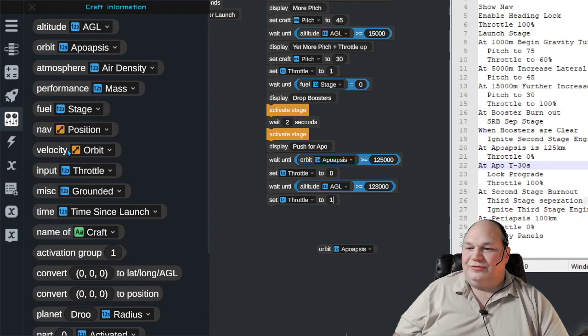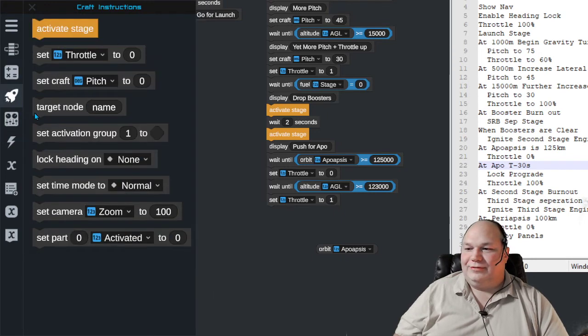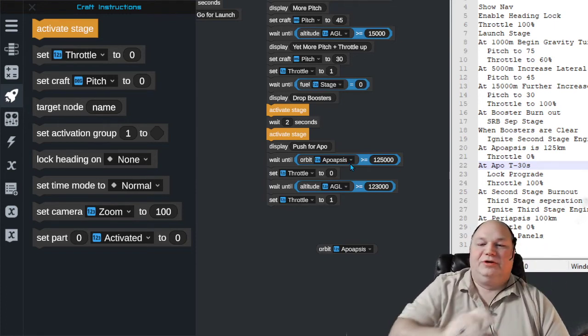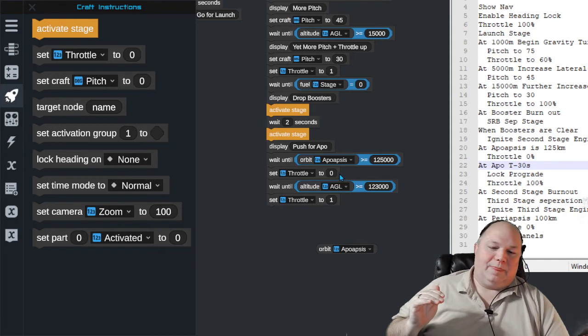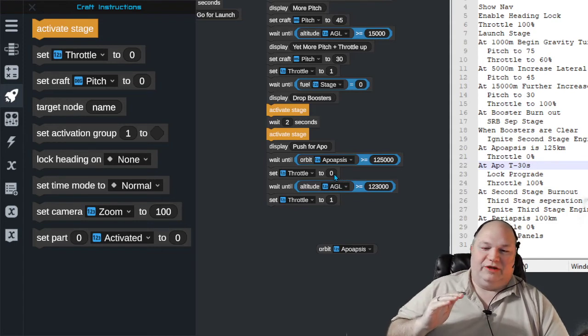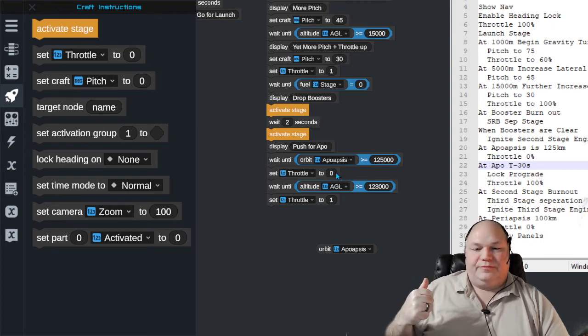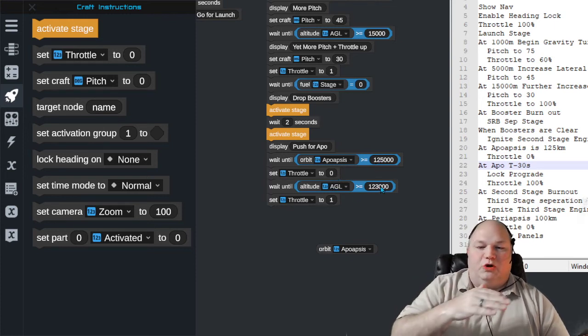But we're also going to... That one's set at 0. Let's see. Yeah, we throttled back to 0 because we were firing. You'll see, we're firing and our apoapsis is growing. And we're behind it. Right? We're some time away from the apoapsis. And when we project that our apoapsis, our highest point, is going to be that, we cut the throttle. And then we wait until we're almost there,